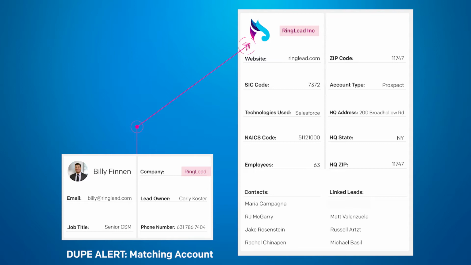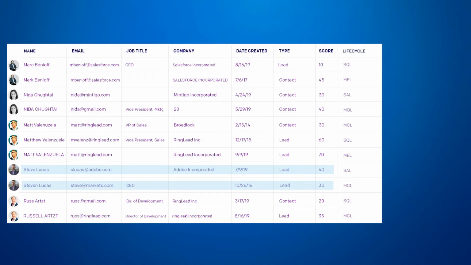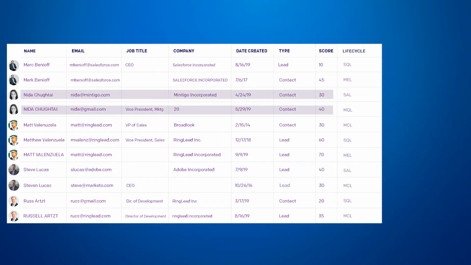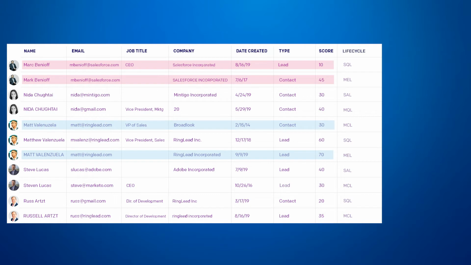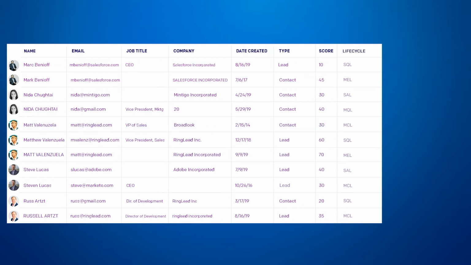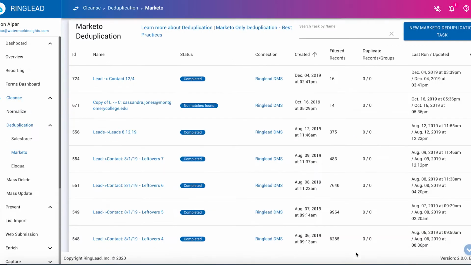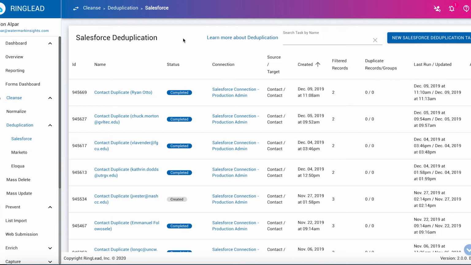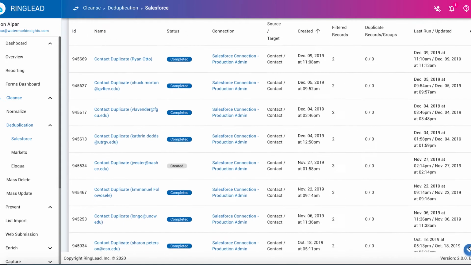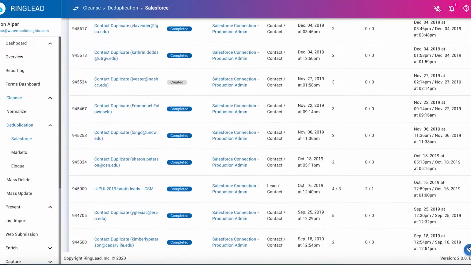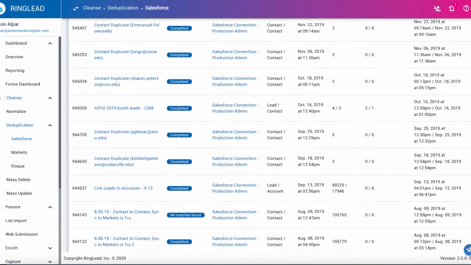One of the things with Ringlead was that each object is mappable, so I could basically understand what our lead to lead duplicates were, what our contact to contact duplicates were, and then also looking at the lead to contact duplicates. And I was able to manage the deduplication process separately through all three. I think that was most important from an efficiency standpoint and a hygiene of matching records, as well as also staying in line with our API limits with Salesforce as well.